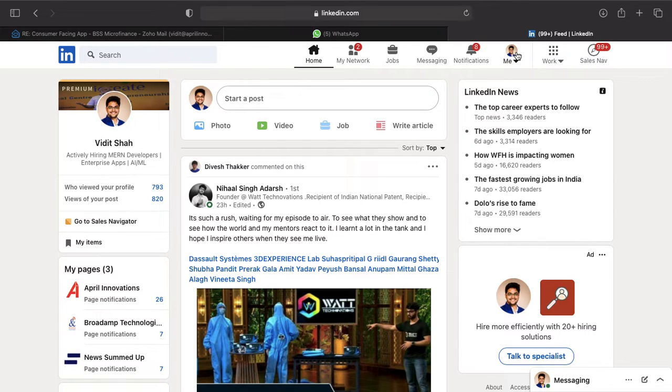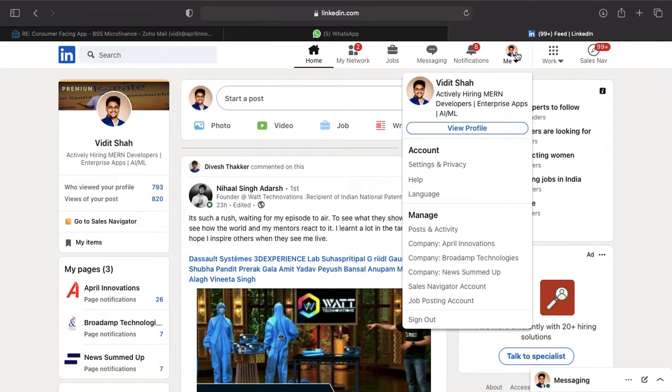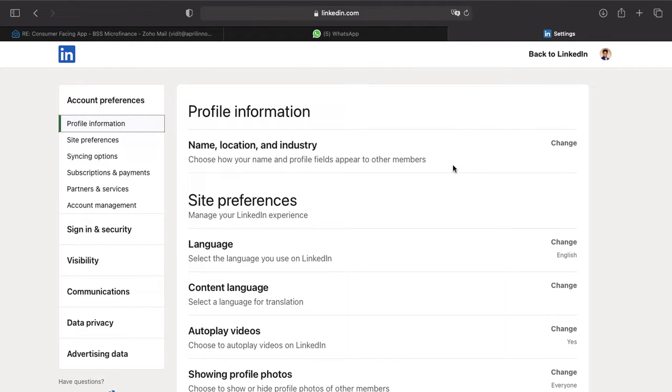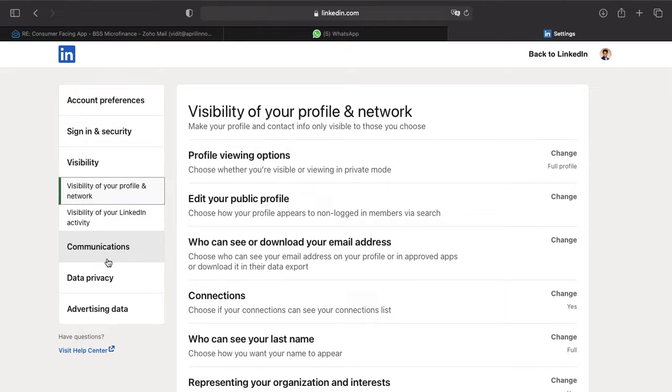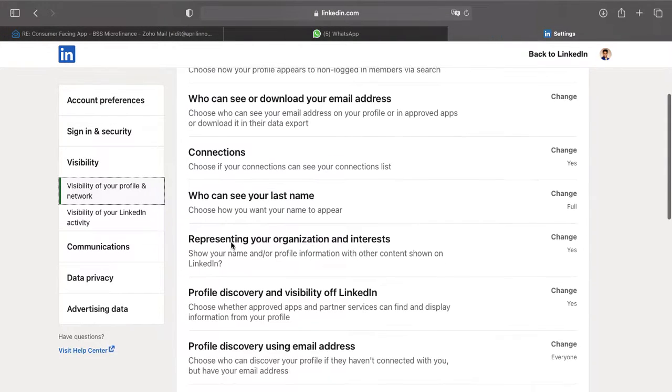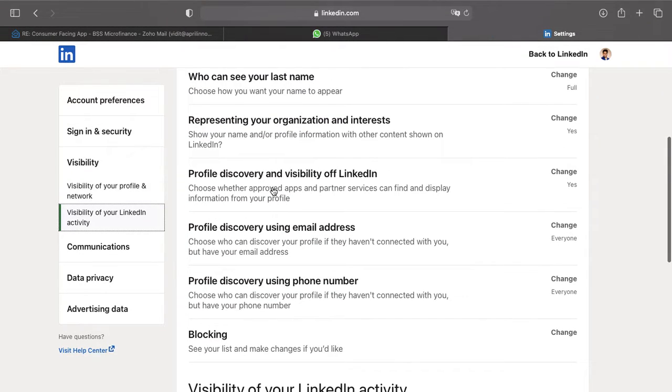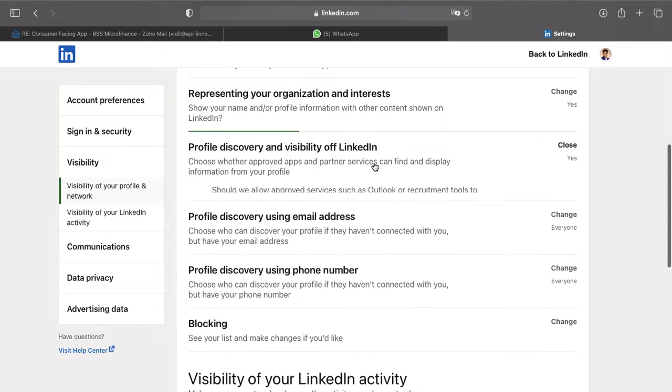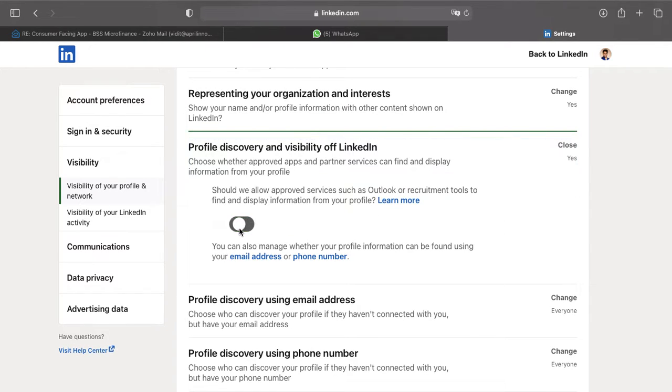How to turn off your profile visibility in LinkedIn so that nobody can search you. Just go on this page and click on settings and privacy. Click on visibility. Scroll down to profile discovery and visibility of LinkedIn. Change this to no,